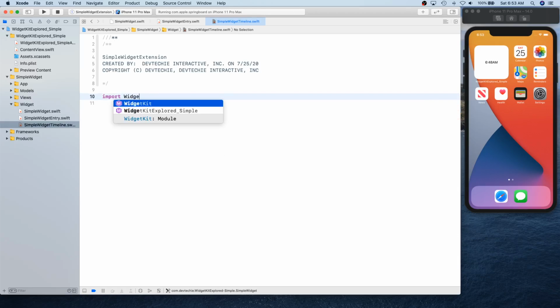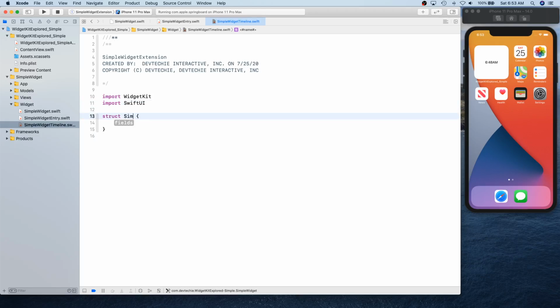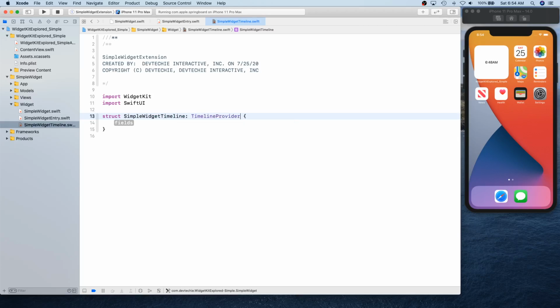And so we're gonna say import WidgetKit, and we're gonna actually create that timeline here. To create timeline, it's very simple. We're gonna name this struct SimpleWidgetTimeline, and this is gonna be TimelineProvider.